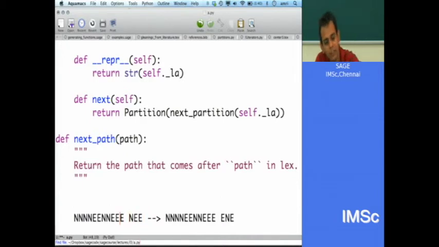Right, in the dictionary order you keep as many of the first letters the same as possible, and then you change the rest. So it seems like it's similar to partitions in some ways, in that you're looking for the first place where it isn't all E's followed by N's.